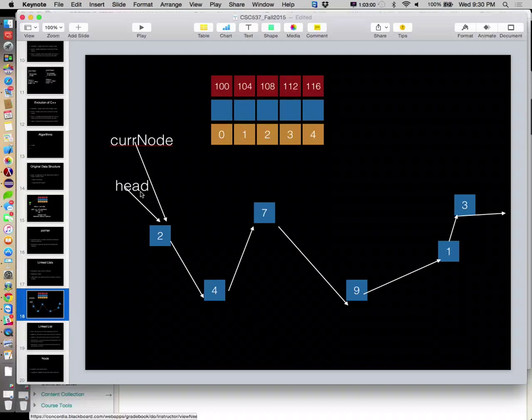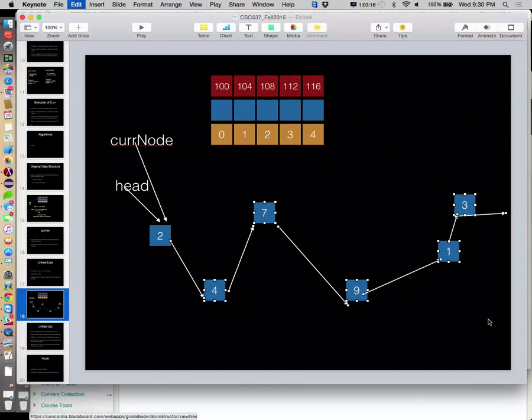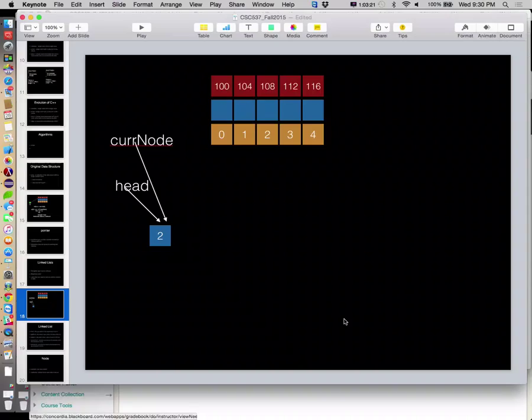All right, and then as long as Cur Node's next node does not have a next node, but we also need to make sure that Cur Node has a next node. Let me just quickly show this. I almost treat this as a special case. What if I have the one list? If I have the one list here, Cur Node and head both point to the same thing. If I ask right now, does Cur Node's next node have a next node? No. Cur Node's next node is null.